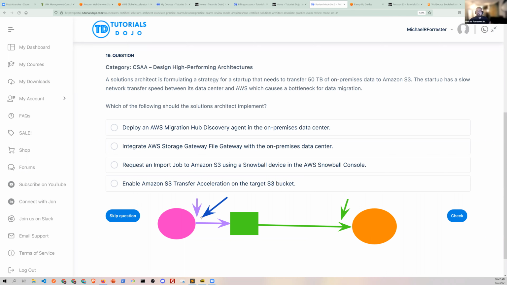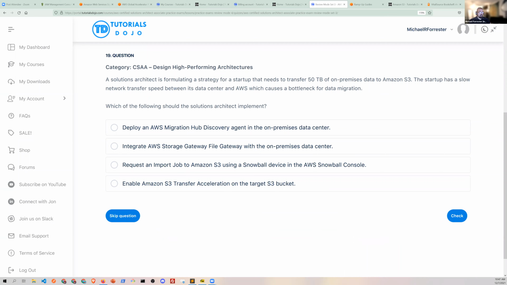So just know that you're still constrained even with transfer acceleration turned on. Because remember, your lowest speed is your maximum speed of any portion of the traversal. So unfortunately, transfer acceleration isn't the answer.